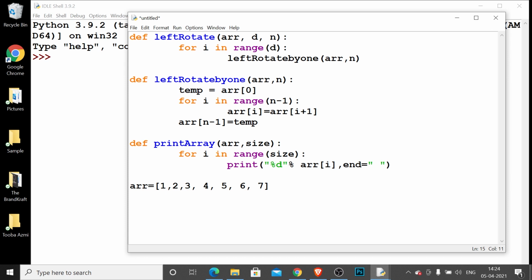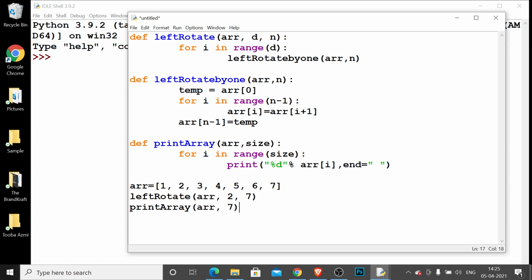Give space between them. Then next, leftRotate(r, 2, 7), printArray(r, 7).